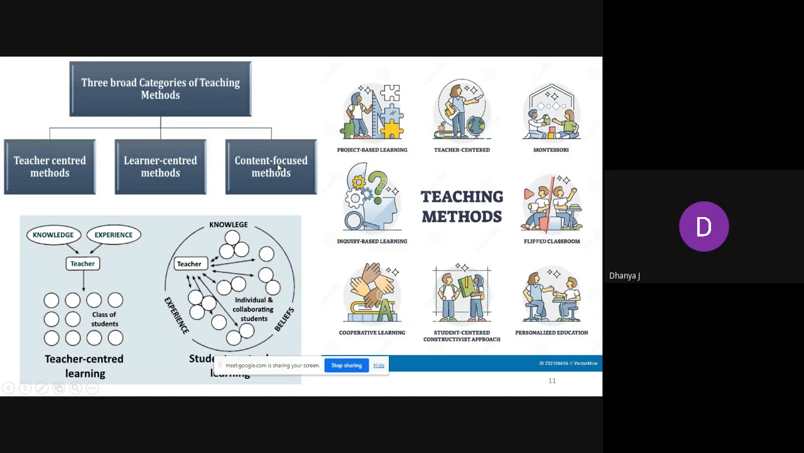Content focus means the main focus is only on the content or the materials they are using. So these are the main approaches in teaching methods. NEP suggested the middle one, that is the learner-centric method. So the main thing is